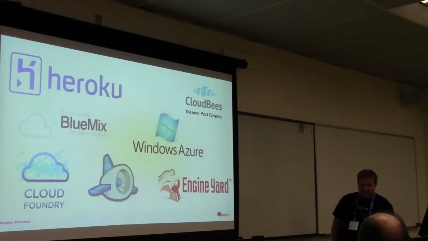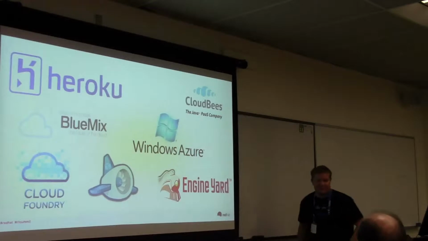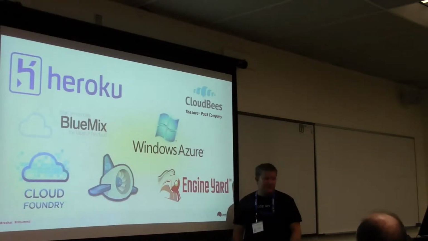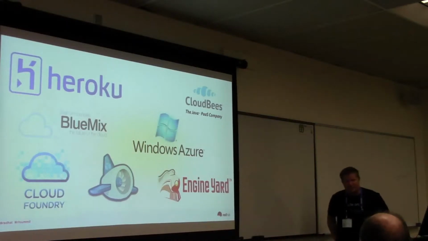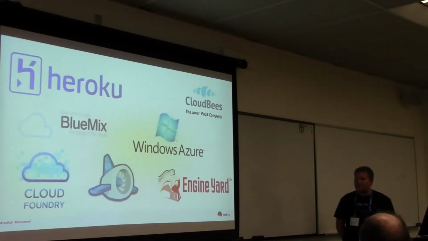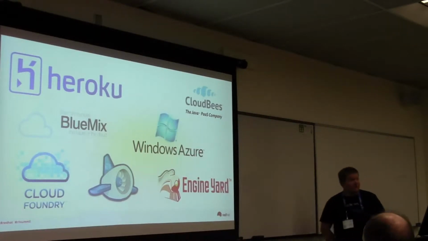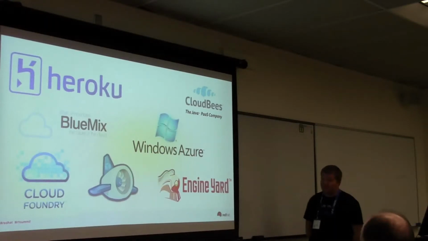So VMware created it through SpringSource, that acquisition, and then spun it off to Pivotal. But EMC owns VMware and Pivotal, so that's really an EMC product, right? EMC is the storage company. They are open source. They do have a publicly available version. It was in beta last time I checked. I think it came out of beta now. And you can run that on-premise in your own data center or in the public cloud, wherever you want to be. It is open source. It does not do auto-scaling at the application tier, just at the infrastructure tier.